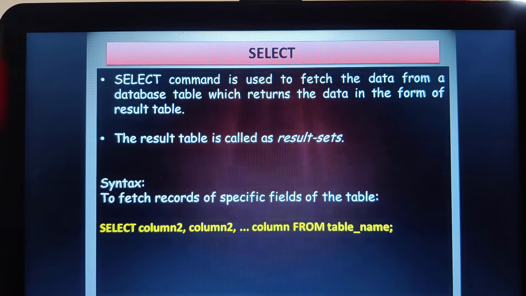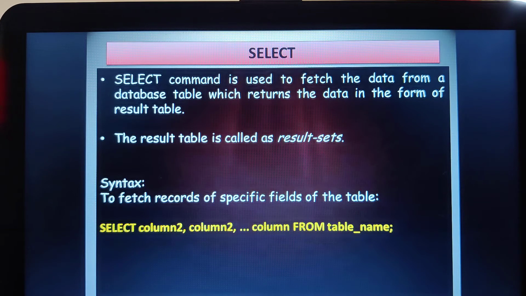And I can even retrieve the records based upon a certain condition if we have one. And if more than one condition has to be satisfied and then retrieve the data, then I can use the select command. Or whenever we have more than one condition, but if it is satisfying any one of the conditions, then retrieve the data. In that case also we are using the select command. Therefore select command can be used for multiple purposes.